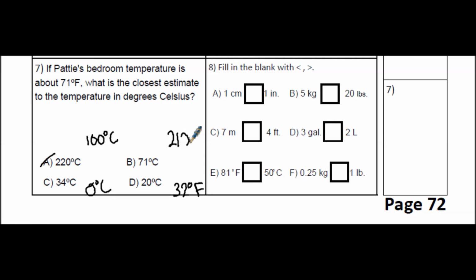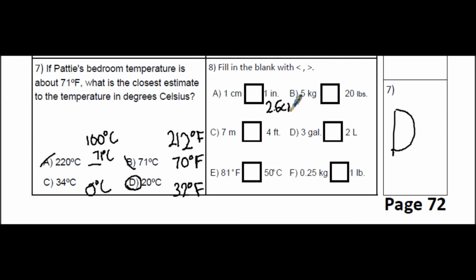So I know 32 degrees Fahrenheit is freezing and 212 degrees Fahrenheit is boiling. And 70 degrees Fahrenheit is kind of in the middle, but closer to 32 degrees Fahrenheit. So it's going to be closer than that halfway point. So 71 degrees Celsius is closer to 100 degrees Celsius, to boiling. And we see that 20 degrees Celsius makes the most sense. And you can think about it as 0, 20, 40, and then it jumps all the way up to